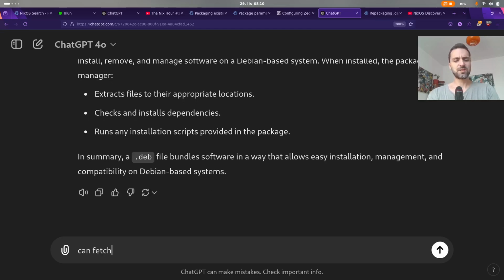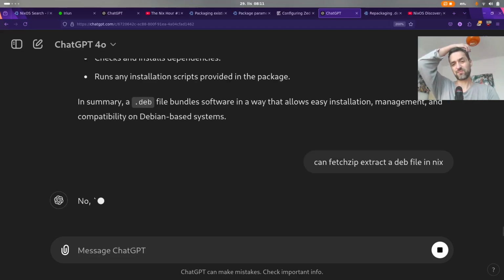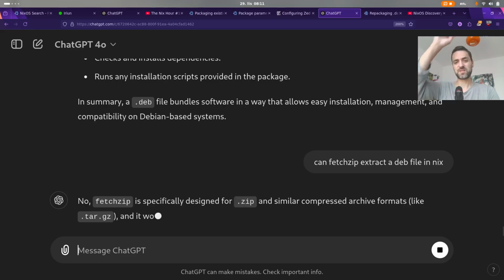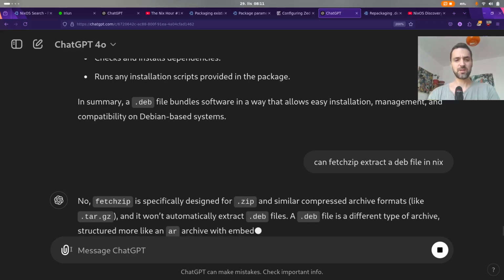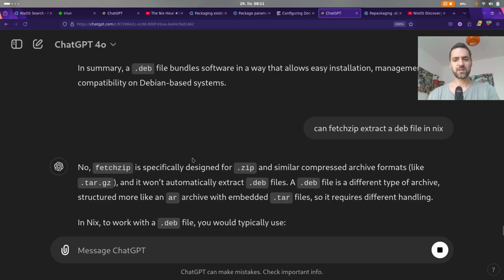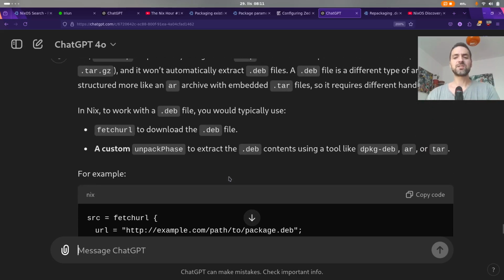Can fetchzip download, extract a deb file and so on? I don't think so. No, fetchzip is specifically designed for zip and tar, and would automatically extract. A deb file is a different type of archive, structured more like an ar archive with embedded tar files. Yeah, so it said like